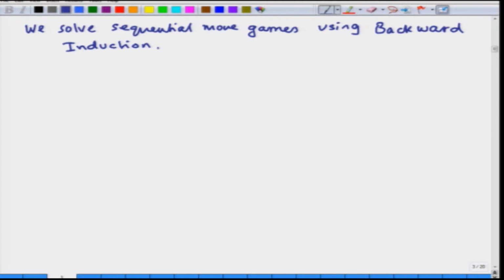This essentially means that we look forward, which is we look at the decisions of the second mover, which is firm 2, find out what firm 2 is going to do, then step back one stage, which is go back to stage 1 and ask what is the best choice of firm 1, which is Q1. So,